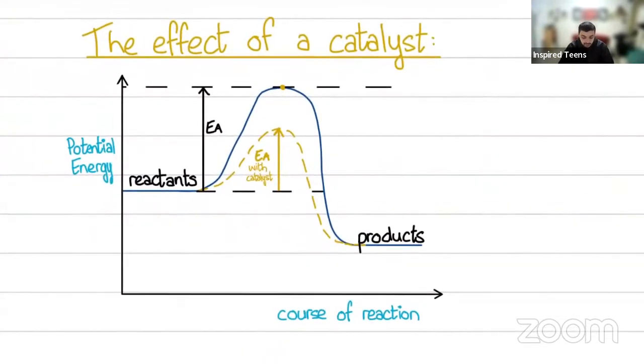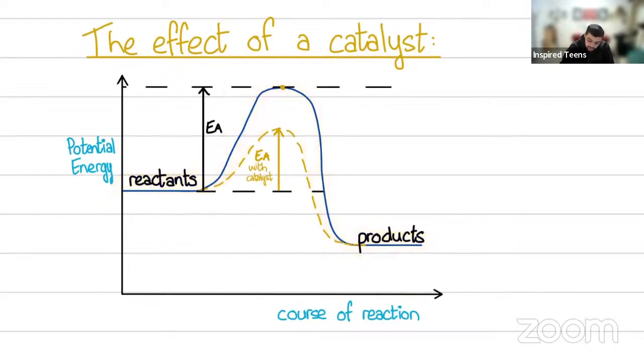Then we discussed the effect of a catalyst on the rate of reaction. So we know that the catalyst lowers the activation energy, but what we need to know is that the reaction products and reactants remain unchanged. It doesn't affect the reactants in any way. It doesn't affect the products in any way. It just gets us from reactants to product faster. It speeds up the chemical reaction by lowering the activation energy. So you can see, this is the regular one,